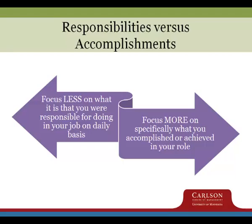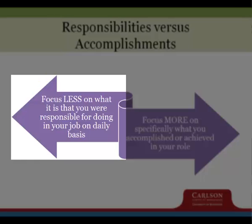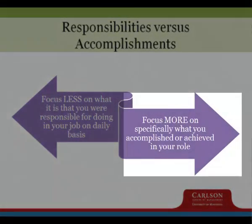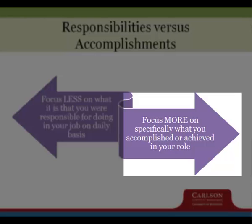On the other hand, an accomplishment is the specific result or outcome that you achieved while performing one of your job responsibilities. Employers want to know not only what you were responsible for, but what difference you made in your previous role. For this reason, your resume should primarily contain specific achievements and results so that you can come across as an essential component of the company's success, not just somebody who showed up for work and did what they